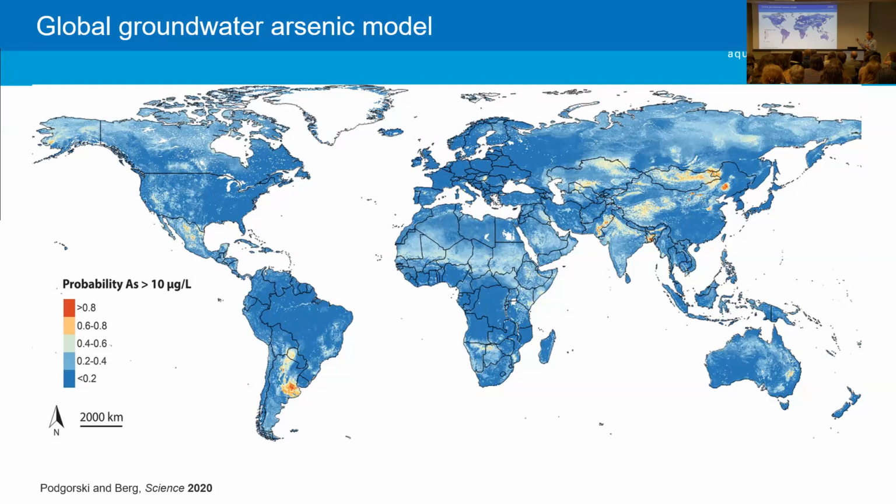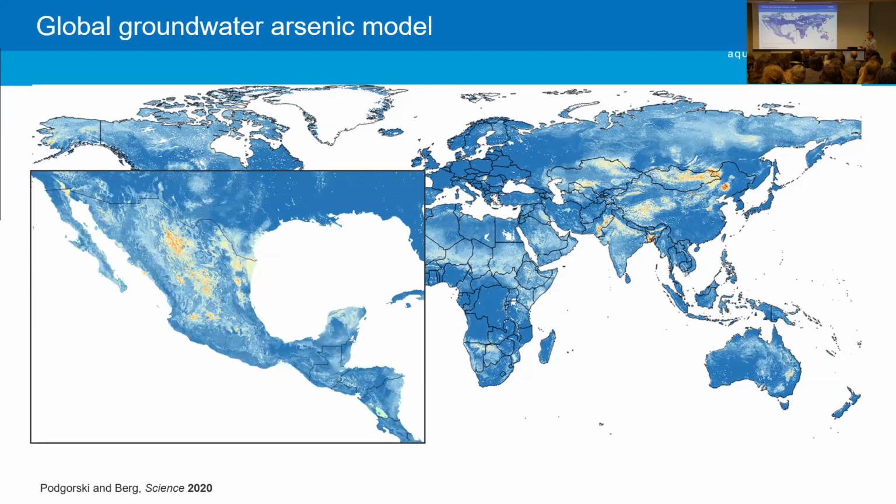And so some of the areas that the map shows as being potential hotspots, or having a higher probability of high arsenic where we had little to no data, would be in the Sahel region and also in Central Asia. A lot of the other ones we have data already, but even then, I think there's still benefit in creating a map for an area where you have a lot of data, because the resolution of this is at 1 kilometer. And you see that better when you zoom in a little bit.